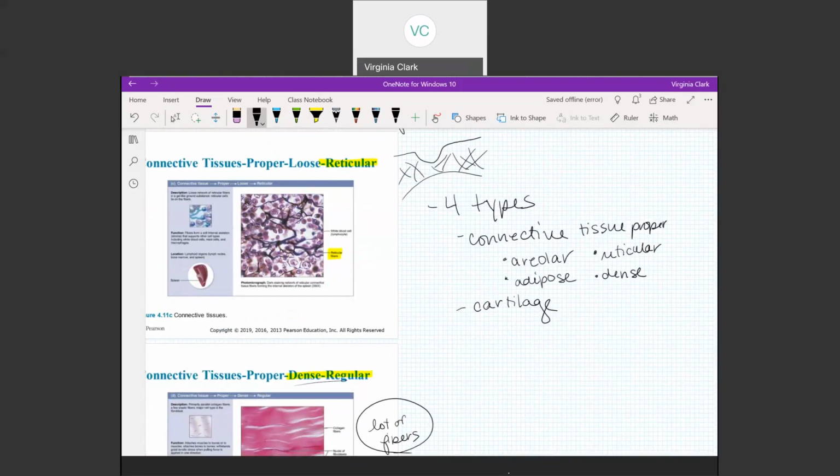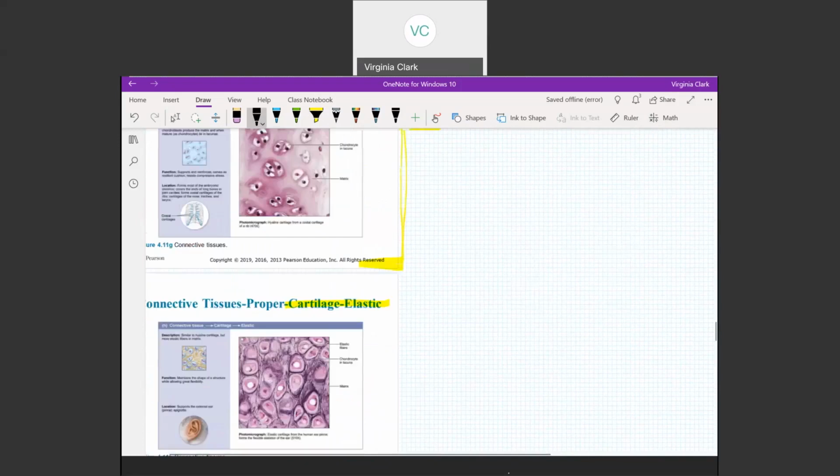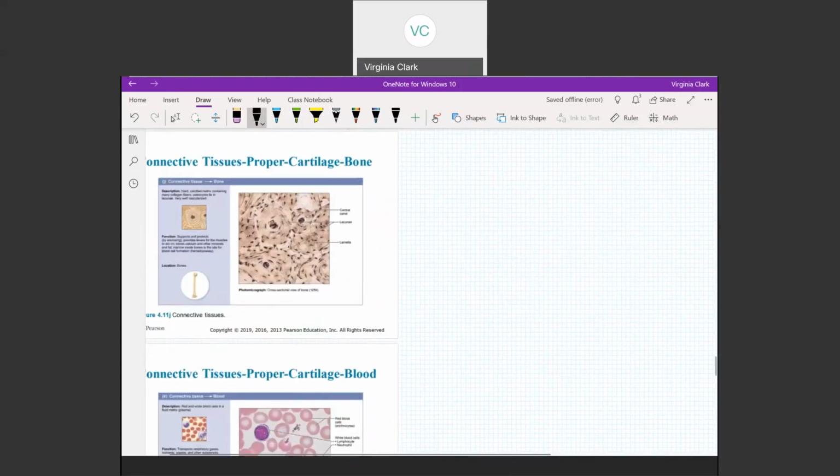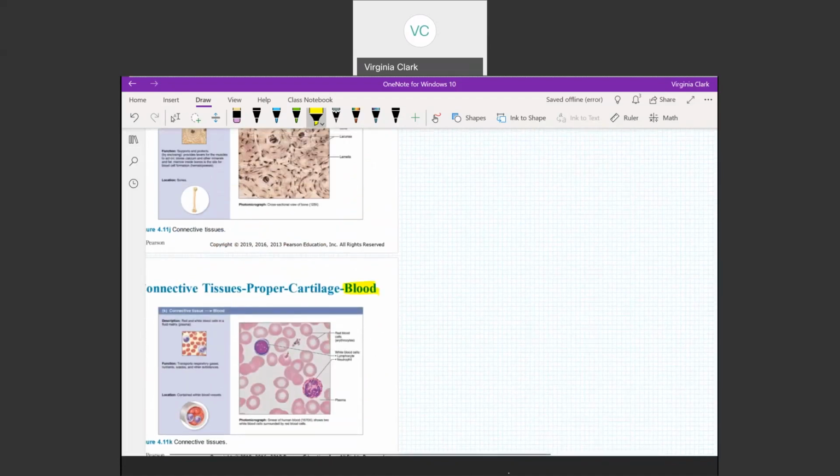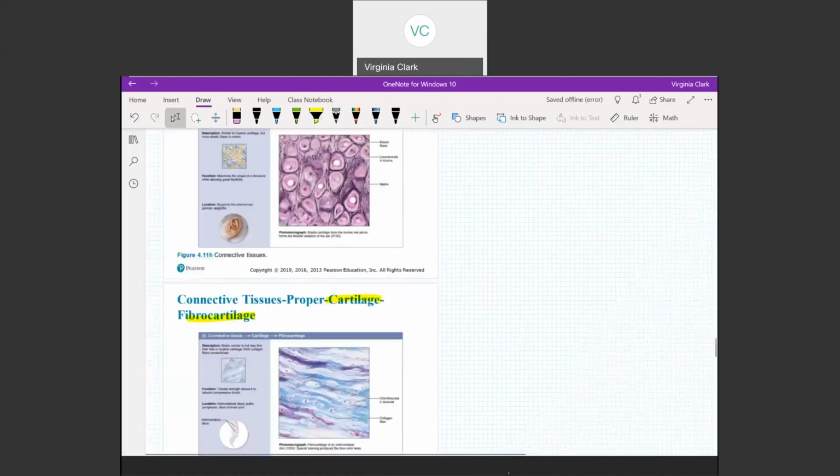So when we get to skeletal system in 2 weeks, all of your bones are considered connective tissue, as well as all of your blood. So here is your bone. We'll talk more about this, so we're not going to spend a lot of time on this, but you need to be able to kind of recognize it. Bone is connective tissue, and so is blood. So those are the main 2 types that we're going to talk about in this particular